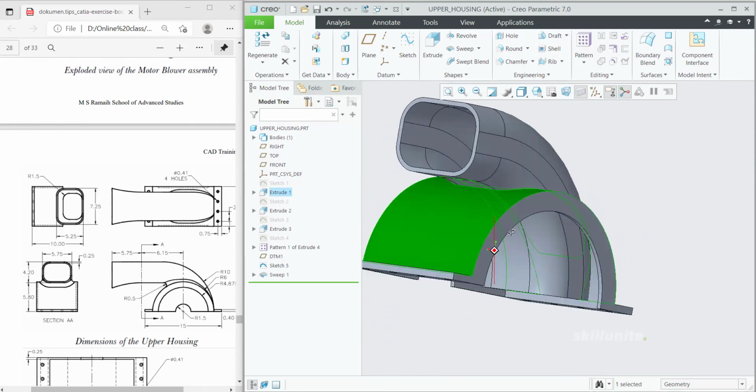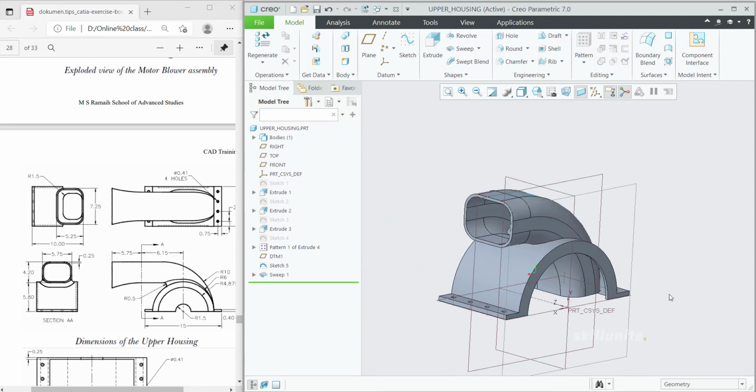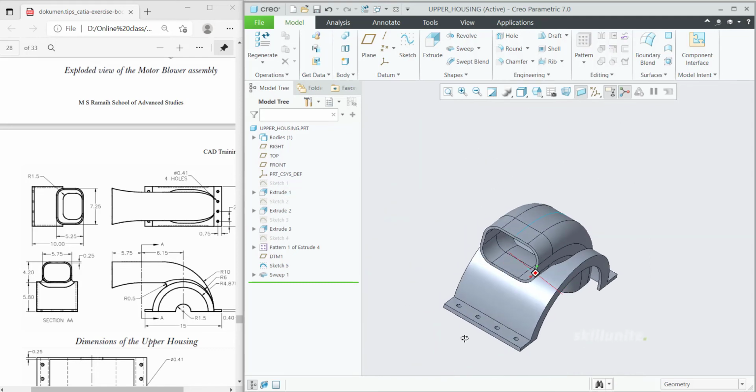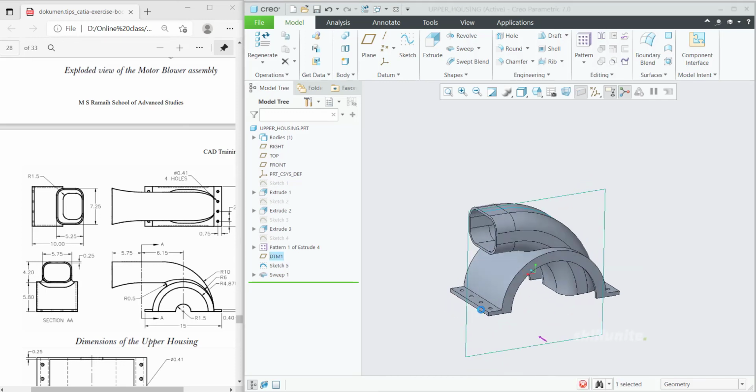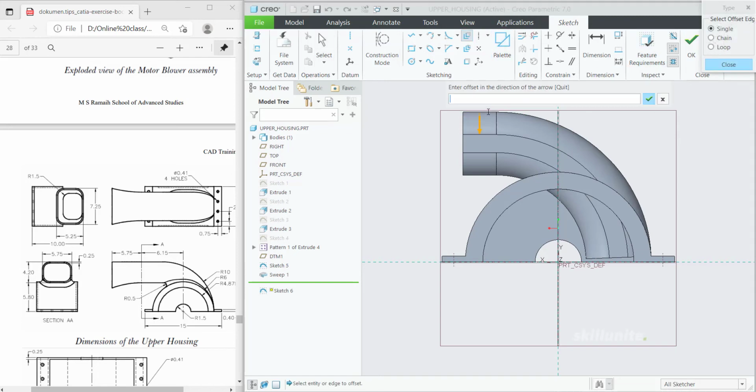So for that, what we need to do is make a swept cut. A swept cut should follow along the same area. So what you can do, go to sketch again on the same place. But now we need to use the project option, or you can use the offset option directly. Select offset, select the object over there and give the difference as 0.25. So this one minus 0.25, it will come inside. Click close.